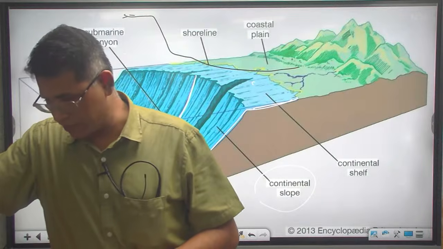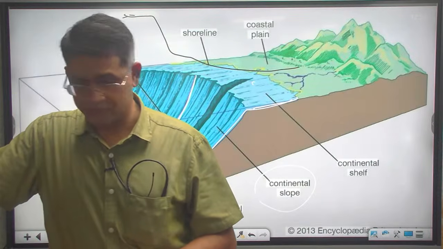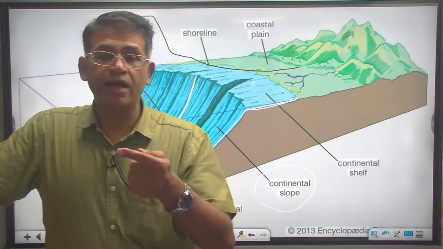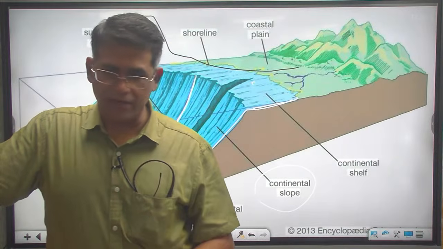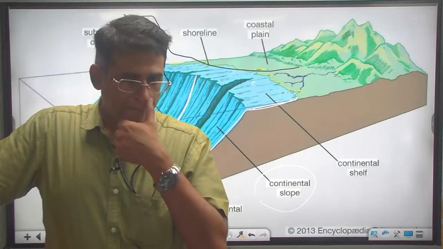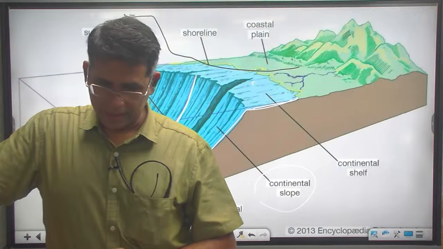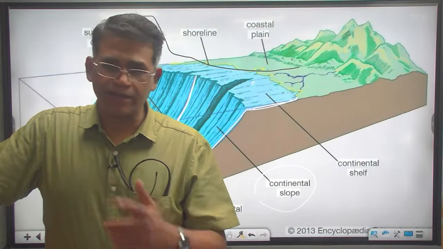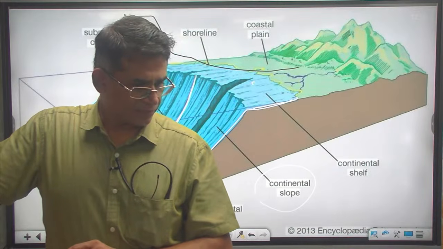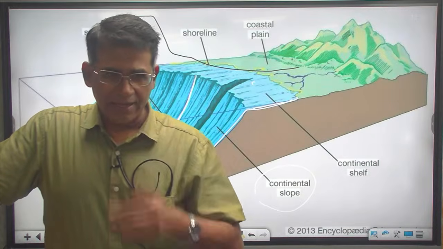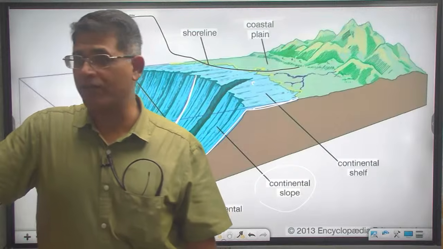Yeah, axis of rivers, not canyons, axis of rivers. Okay. Examples are Hudson River, Hudson Canyon. Or Congo River, Congo Canyon. Indus River, Indus Canyon. Congo Canyon, Indus Canyon, Amur Canyon. Amur is a long river of Asia that